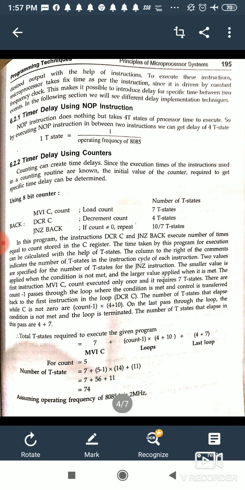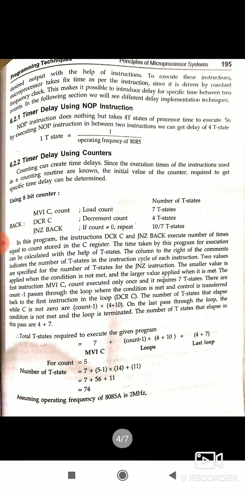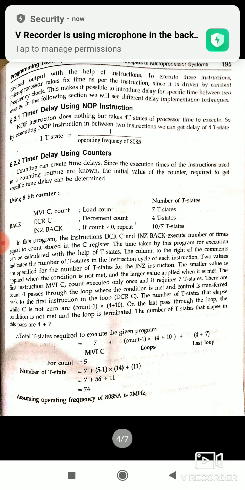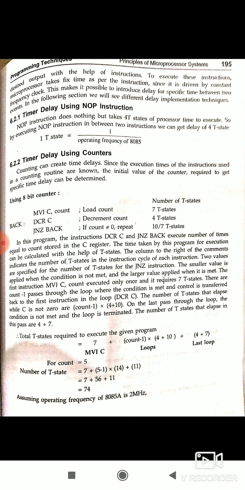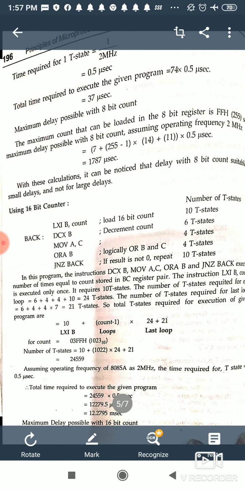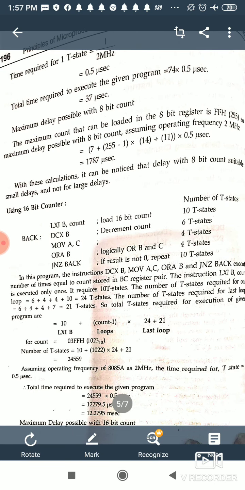Now after that we will assume the frequency of 8085. We have assumed that 8085 has the frequency 2 megahertz. It will be given in the question also. It can be 3 megahertz, 2 megahertz or 5 megahertz. Assuming 2 megahertz, the time required for 1 T state will be 0.5 microseconds, because 1 upon frequency is equal to time.